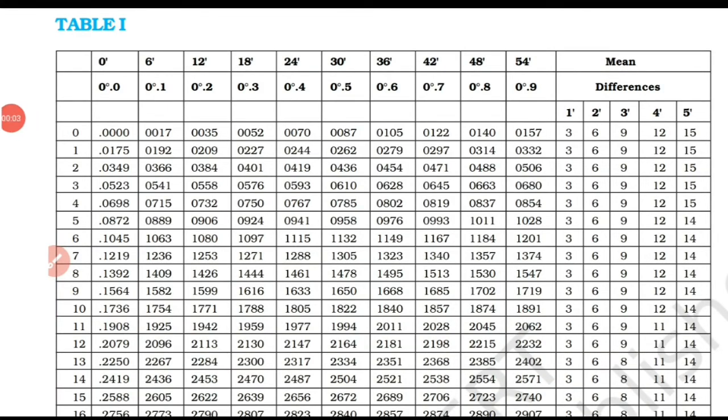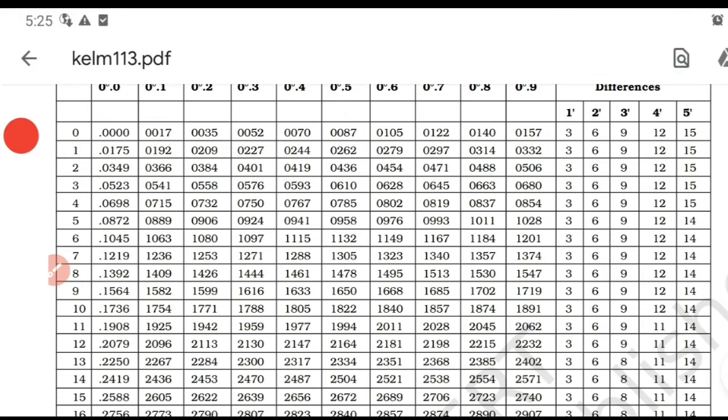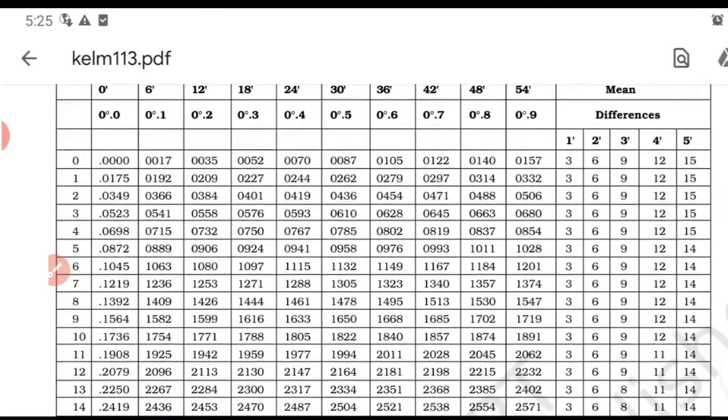If any other angle is given, you can approximate it to 0.1, 0.2 like that. That means if minutes are given in some other values, you cannot locate like this. So you can convert it into decimals. How can you convert it into decimal? That minute value you just take and divide it by 60. So you'll get that decimal point. With that particular degree, look in that particular decimal column, you will get the value of that particular sine value. That's what you can do.